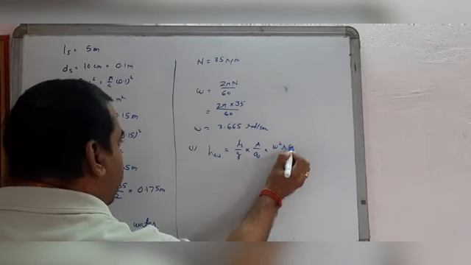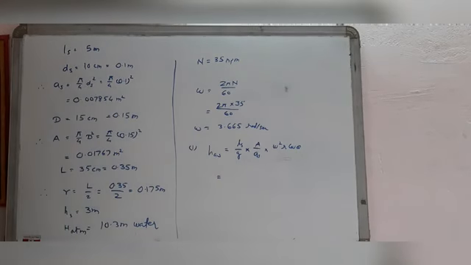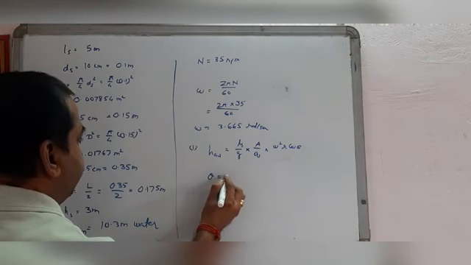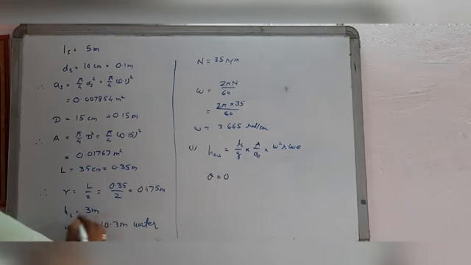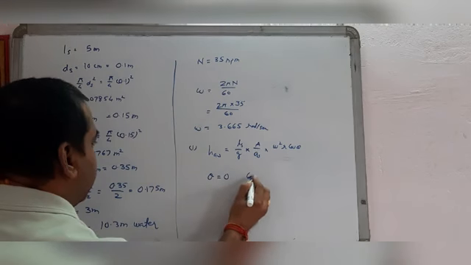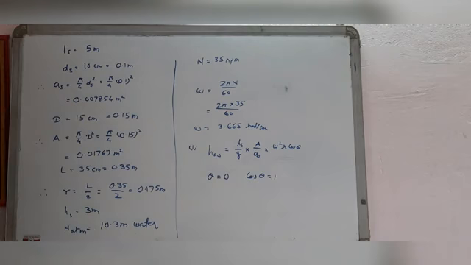Now putting the values for theta equal to 0, that is beginning of stroke. At the beginning of stroke, theta equal to 0, so cos theta equal to 1,